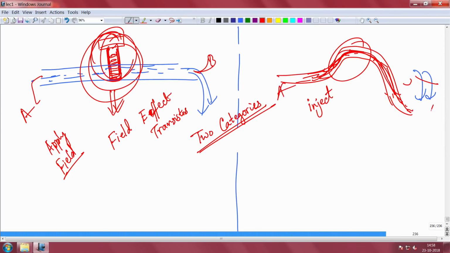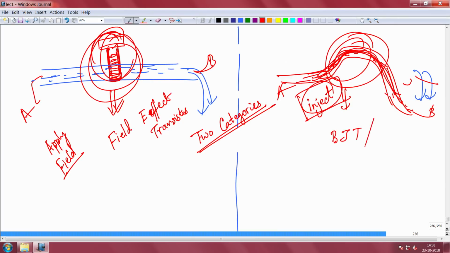Similarly, this is point A, this is point B, this is your third terminal with which you can actually change the current flow. These are potential transistors, these are not field effect transistors, where you can inject a small current, you can change this, and you have the transistor action. This kind of transistor is, for example, the bipolar junction transistor. There is also the heterojunction bipolar transistor, we will come to that, and there are many other kinds of hot electron transistor kind of things.